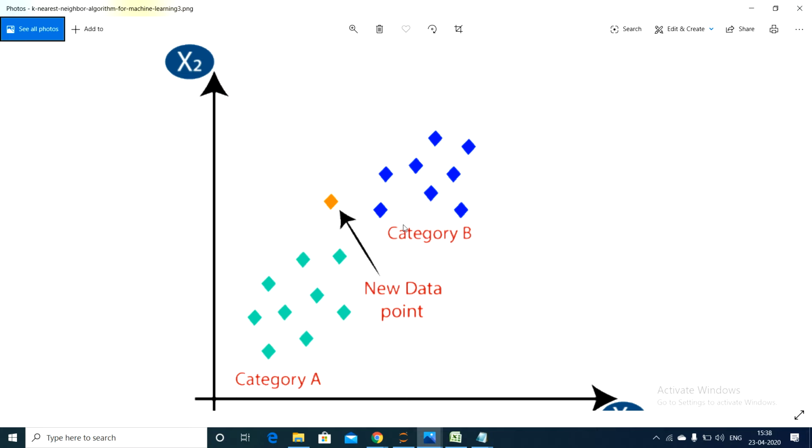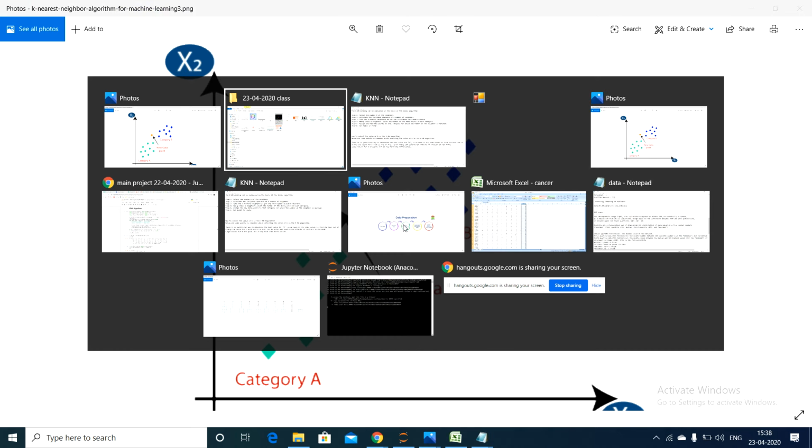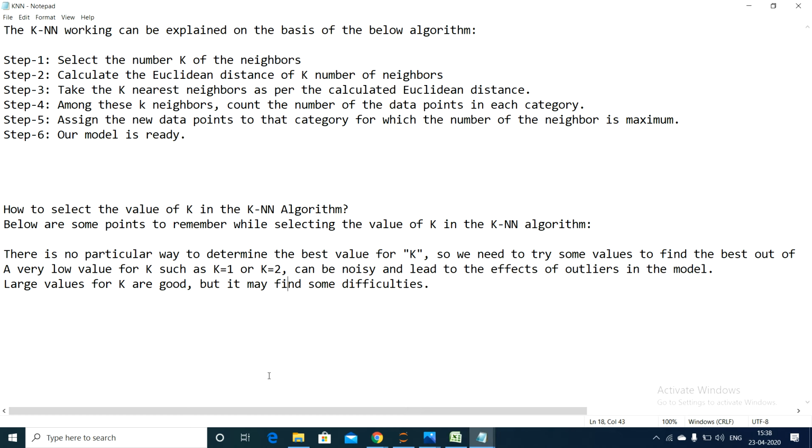How can we select k in general? It is 5. From scientific analysis, the normal value of k is 5. So if there is a new point, they will consider the 5 nearest points to that new point and calculate the Euclidean distance to those 5 points, and wherever you find the value is less, you put that new item into that category. That is what our algorithm is saying. In general, the k value is 5.